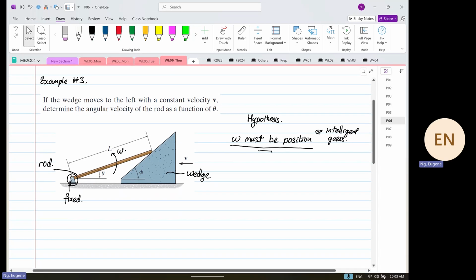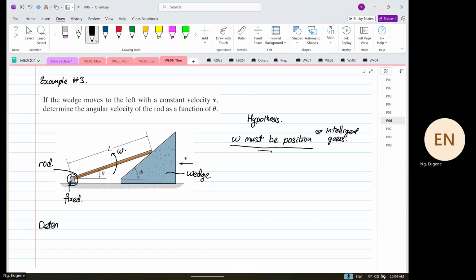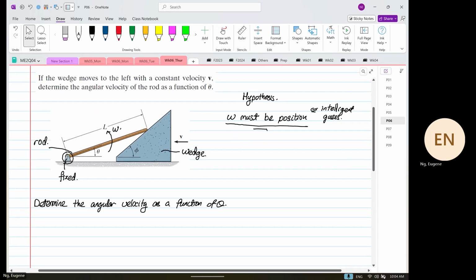So from here, we are going to determine the angular velocity as a function of theta. Why do we have to build this in? Because we know that d theta